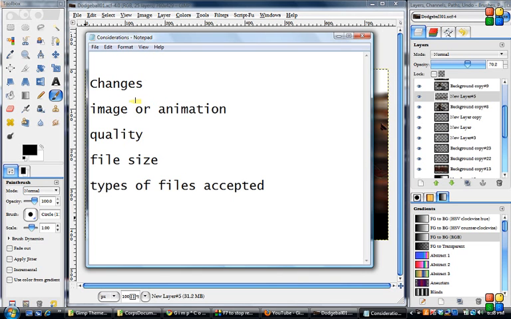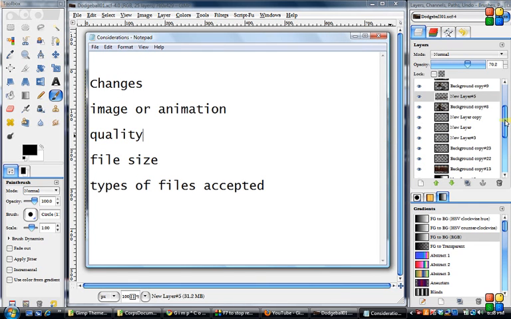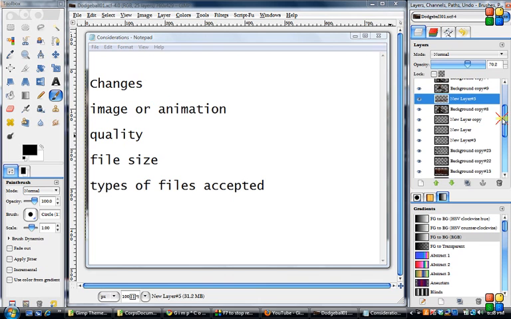Changes. Is there ever going to be a chance you're going to need to make changes to the image? Okay, something like this, it's very complicated, as you can see, with all these different layers. And if there's ever a chance I'm going to have to make a change to any of those layers, or to the image itself, I don't want to have to start all over from scratch. I want to be able to come in just like this is and make a change to it, no matter how simple it is. So if we're going to be making any change to it at all in the future, we're going to want to start out with